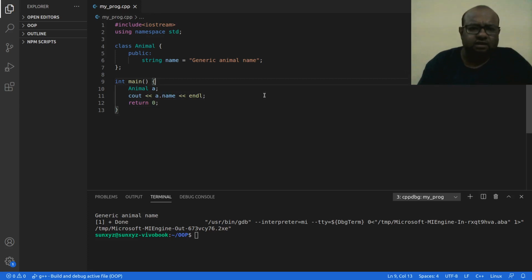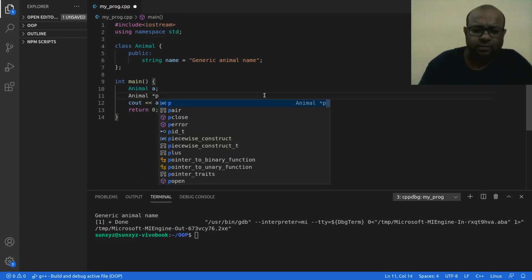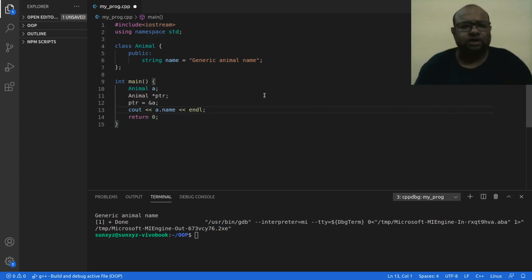Alright, now there is one more thing that I am going to do next. What I am going to do is I am going to create an animal pointer. So this is called ptr, okay, and I am going to use this pointer to point to this A object, right? So right now what I have on my screen is one pointer variable.